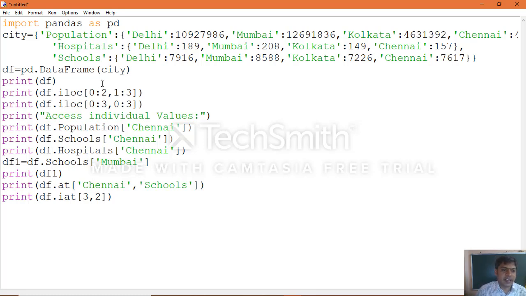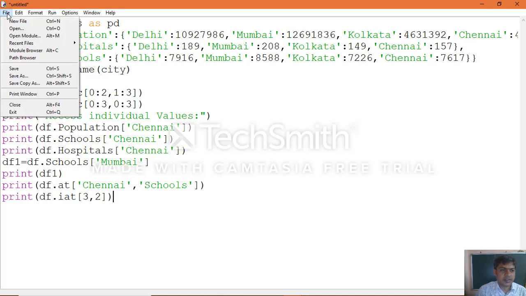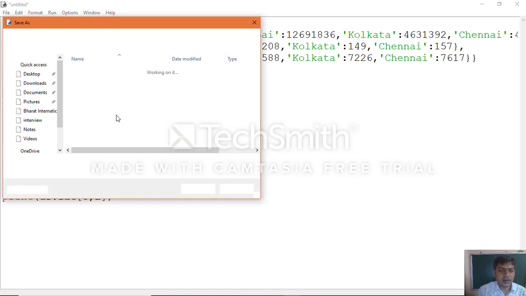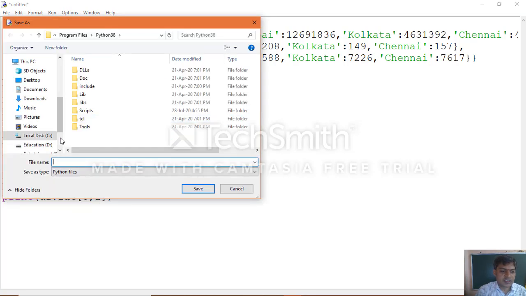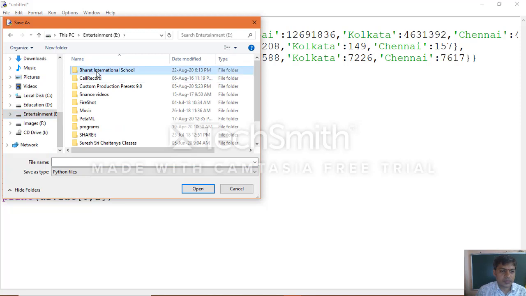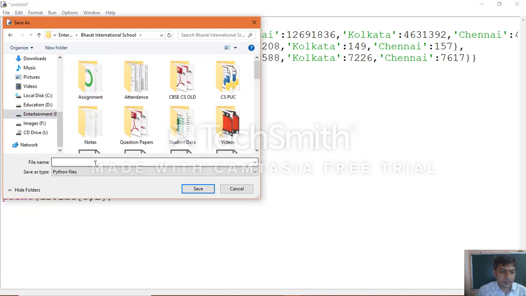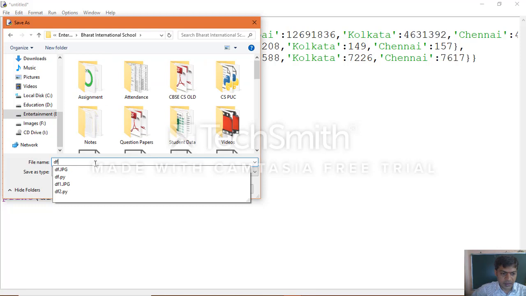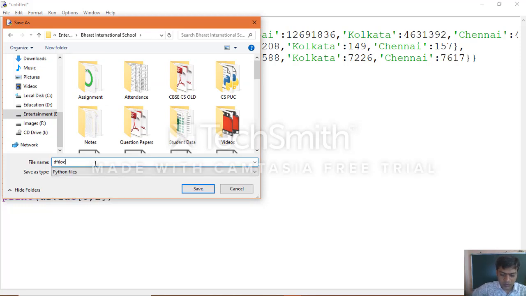Once you complete an application, go to File. This is the script mode which we are executing. Save it as a script file, a Python file, choose the location on your computer, and name it dfilocation.py.